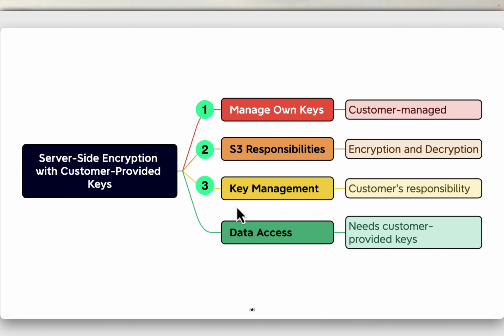With SSE-C, the responsibility of managing and rotating the keys falls on the customer's shoulders. Without access to these customer provided keys, the data stored on Amazon S3 cannot be decrypted. This is because your customer is providing the keys, and if they lose them, you will not be able to decrypt the data.